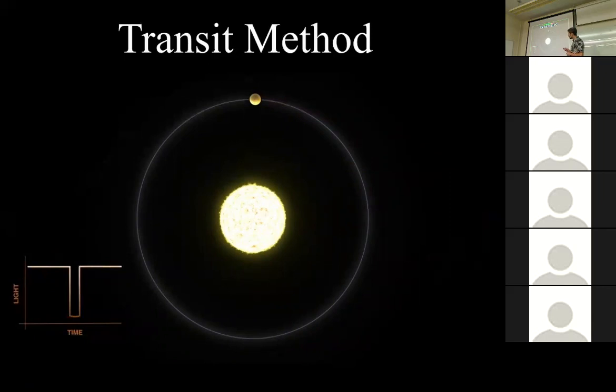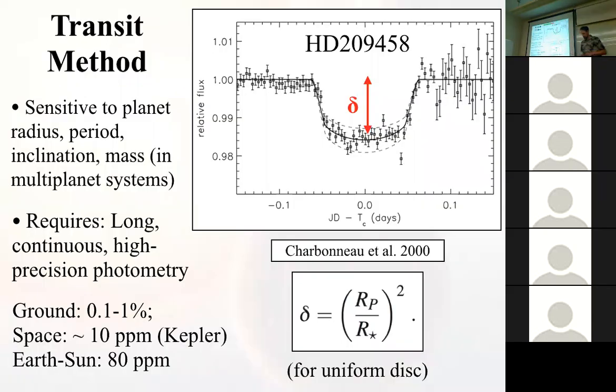The other thing that transits tell you is the size of the planet. The size of the dip that you measure, this delta factor here, depends on the ratio of the size of the planet divided by the size of the star, squared, because it depends on the area that is being blocked. So if you know the size of your star, and that's one of the key points that we're going to convey to you today, that it's actually important and not as easy to do, and you measure the size of your transit depth, then you can get the size of the planet. So transits give you the radius of the planet and the orbital period.